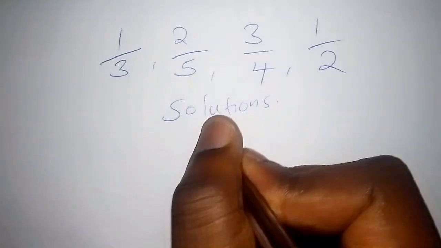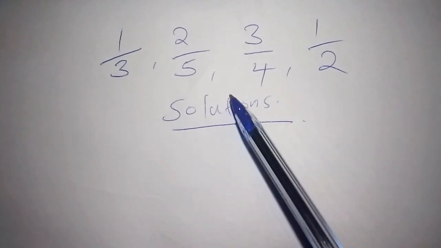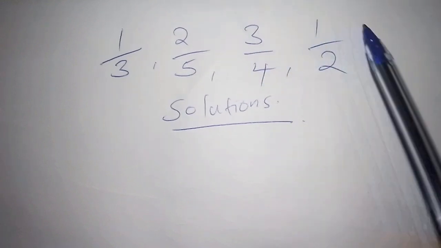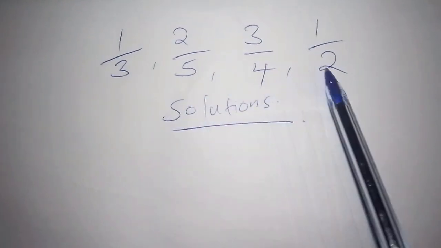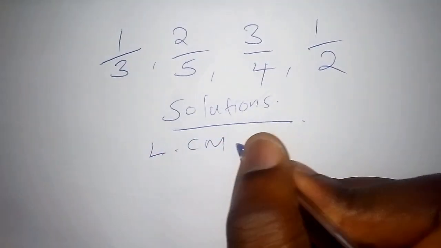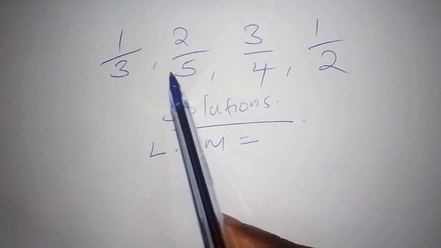So under the solution, we have to check. We have the numerator and the denominator. In this case, the numerators are 1, 2, 3, and also 1. The denominators are 3, 5, 4, and 2. So we have to find the LCM of the denominators, and the LCM is 3 multiplied by 5, which is